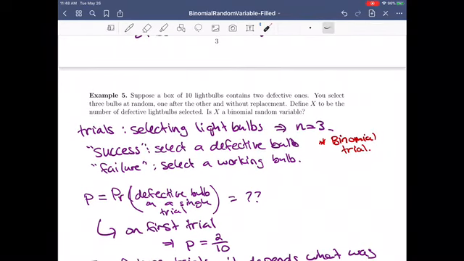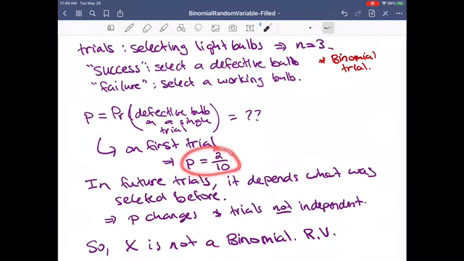If for some reason you did it with replacement, where you put the bulb back in, then your probability is going to be the same each time,